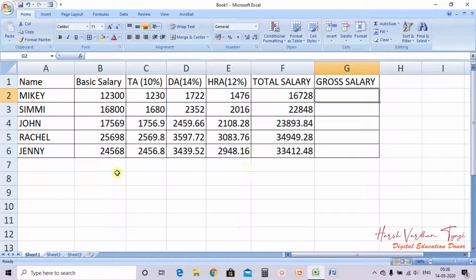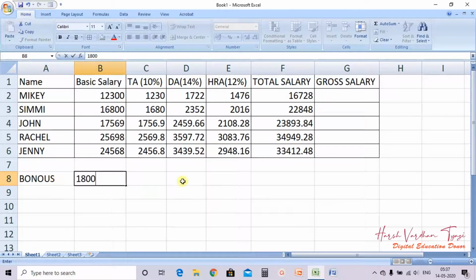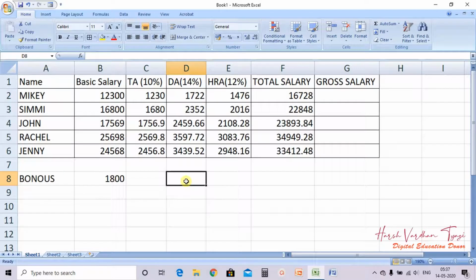Now suppose a company is providing a bonus, okay, salary bonus, and the company is providing a flat bonus of 1800. Company is providing a bonus to all its employees of flat rupees 1800.